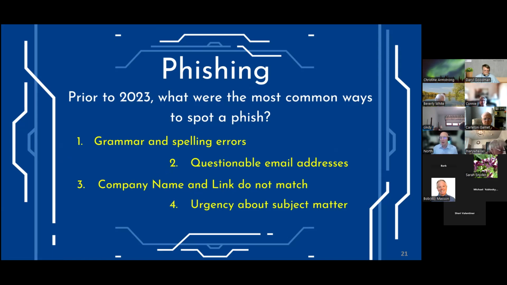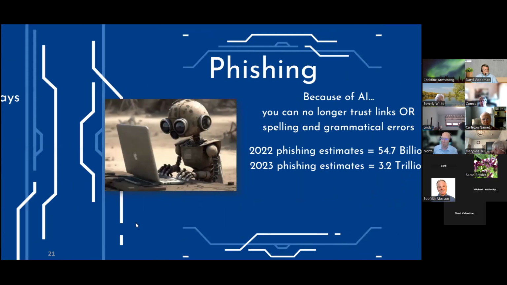99% of the time, things aren't that urgent. They don't have to be resolved right now or in the next 24 hours. Normally, when you're contacted from a legitimate business, they're like, hey, just want to let you know about this. Take care of it on your own time. You maybe have 30, 60, 90 days. It's very rarely ever, oh my gosh, do this or the world's going to catch on fire in the next 24 hours. So urgency is also a big identifier.